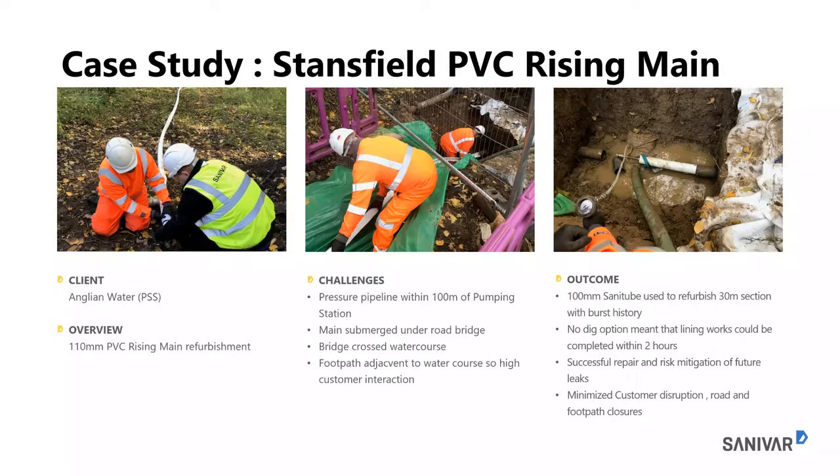So what we opted for was to use Sanitube to refurbish a 30 metre section under the bridge, digging a launch chamber, which you can see there in the main picture, and then a reception chamber the other side of the bridge, winching the liner through, which is the process again you can see in the middle picture, 100 mil, then inflating it with compressed air, holding it under test pressure for a couple of hours to ensure that the liner had fully inflated, and then closing off with the couplings,